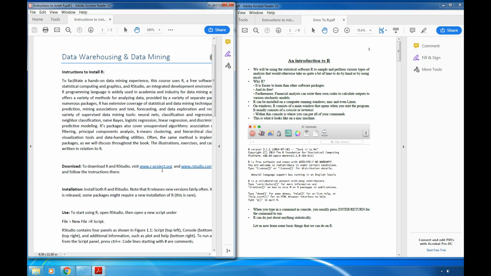So instead, we download R, and then we download RStudio, and every time we have to use R, we're going to use RStudio to run R. So RStudio cannot run without R, which is why we're going to install on our computers R first, and then we're going to install RStudio. So in order to run and download R,